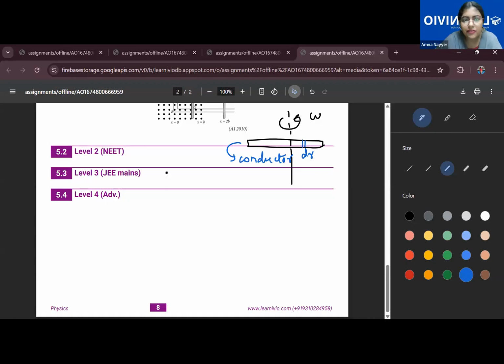The formula of the motional EMF is E is equal to B L V. So if angular velocity is given, radius is given, we should use the relation from the rotational dynamics of class 11th. Recall, linear velocity is equal to r omega. So velocity can be written as r omega, and we are choosing a very small length, so length can be written as dr, because we'll integrate it from 0 to length L of the rod. We'll integrate and we'll get the value for this rotating rod.